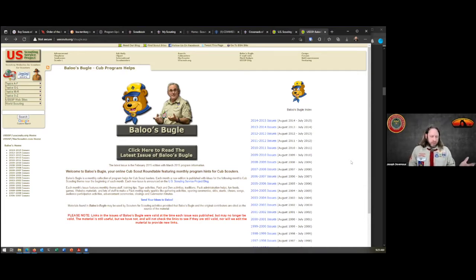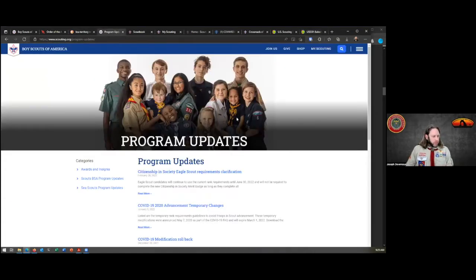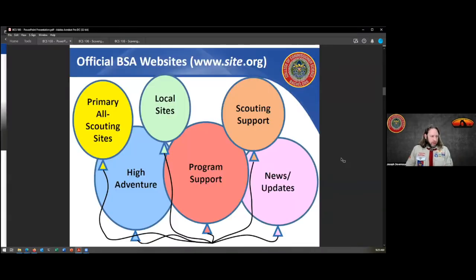But some of the content may still be useful to you. One other one that I'll point out that we kind of visited earlier is scouting.org/program-updates. It has news and updates about the different program features and what's happening. Some of these sites you actually find from the national page that are links there, and we'll go through that here in a minute.